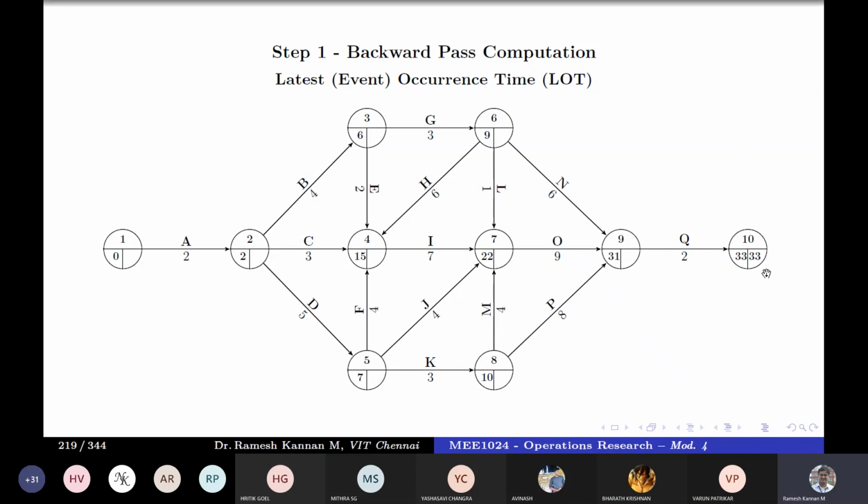Right. So what you do is whatever is the earliest event occurrence of the last event, you put it as the latest event occurrence of the last, because that's a termination event. So which means that it starts at that point and ends at that point also. That's the logic. So that's the project duration as well, the critical path duration. So you put whatever value you get here, and that will be the first point in the backward pass, the last event, that will be the LI value, right? So that is 33 here.